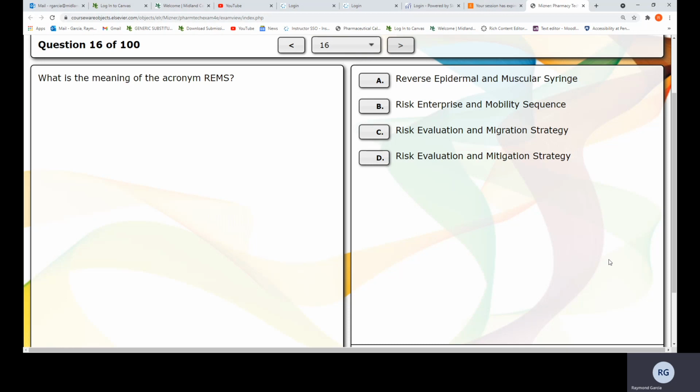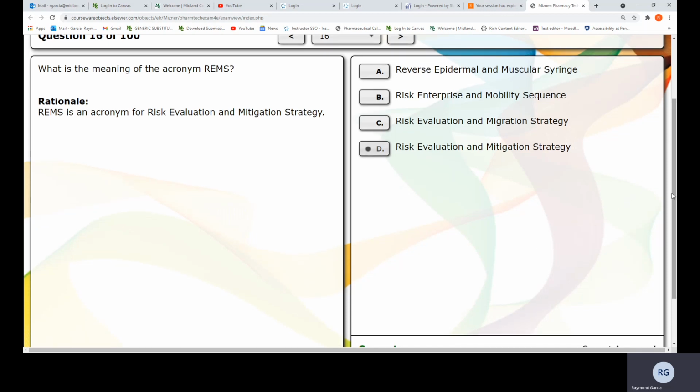Because it wouldn't be reverse epidermal and muscular syringe. What's up? D? Yeah. Hey, you might as well take the exam now. Oh, okay. Yeah, you gotta make sure you read it slow. You got time. Yeah. Okay. Yeah,